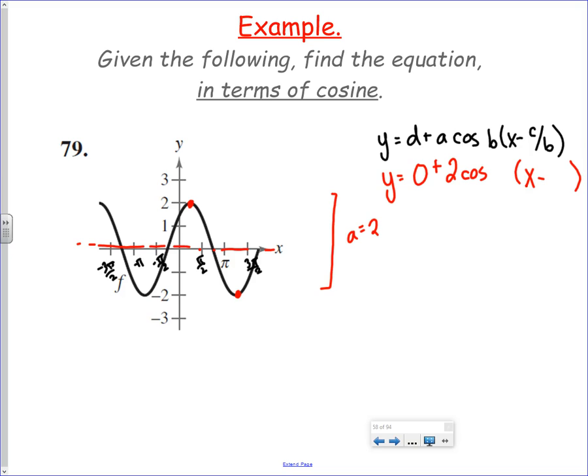Negative 3 pi over 4 would be right about here, which is down. We could start down on a cosine if we flip it, if we put a negative by that 2. Or we could try to start at an up, where cosine normally starts. So we could try this one, or what about that one? It looks approximately like a halfway point for pi over 2. Not finding the cosine, finding the angle, pi over 4, right? Half of pi over 2, a 45 degree. So if we start at pi over 4,